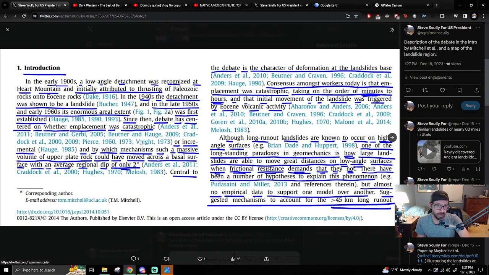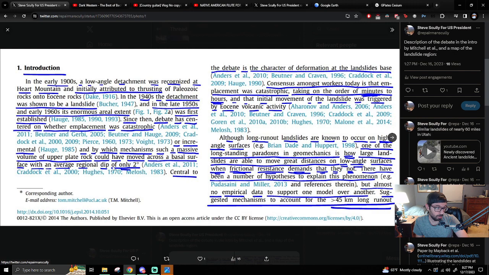If we really go into the current flows of the flood and see how they relate to the final product, see how a final product can be induced by just current flows, or incremental, and by which mechanism such a massive volume of upper plate rock could have moved across a basal